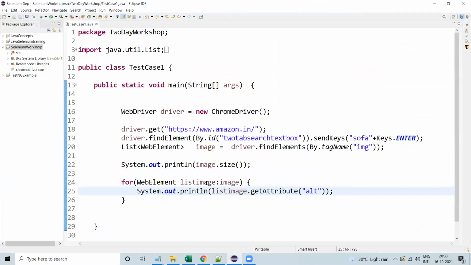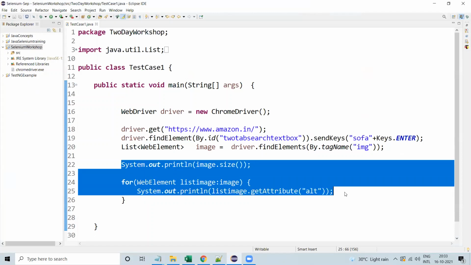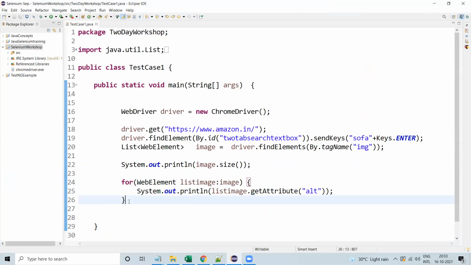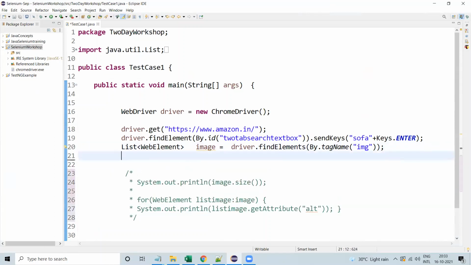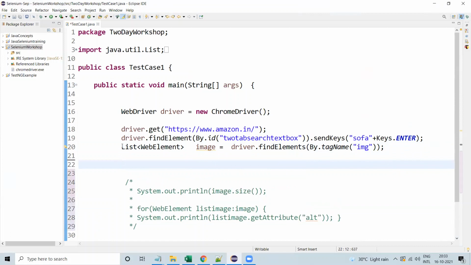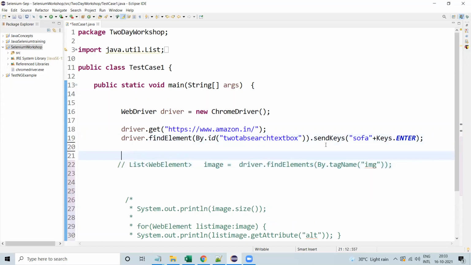Now I will comment this. The list of images we also don't want. We are now entering the search keyword, then after that we are clicking on a product.